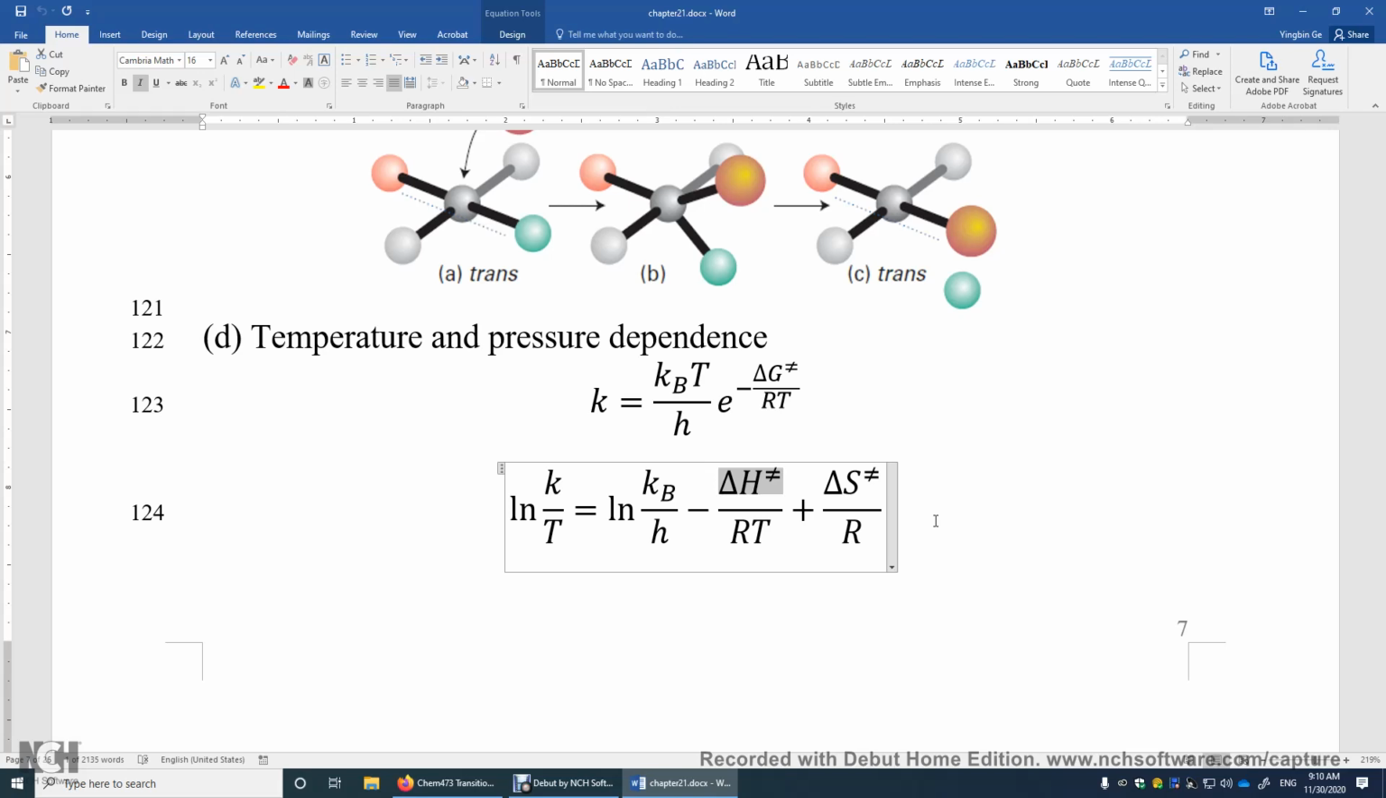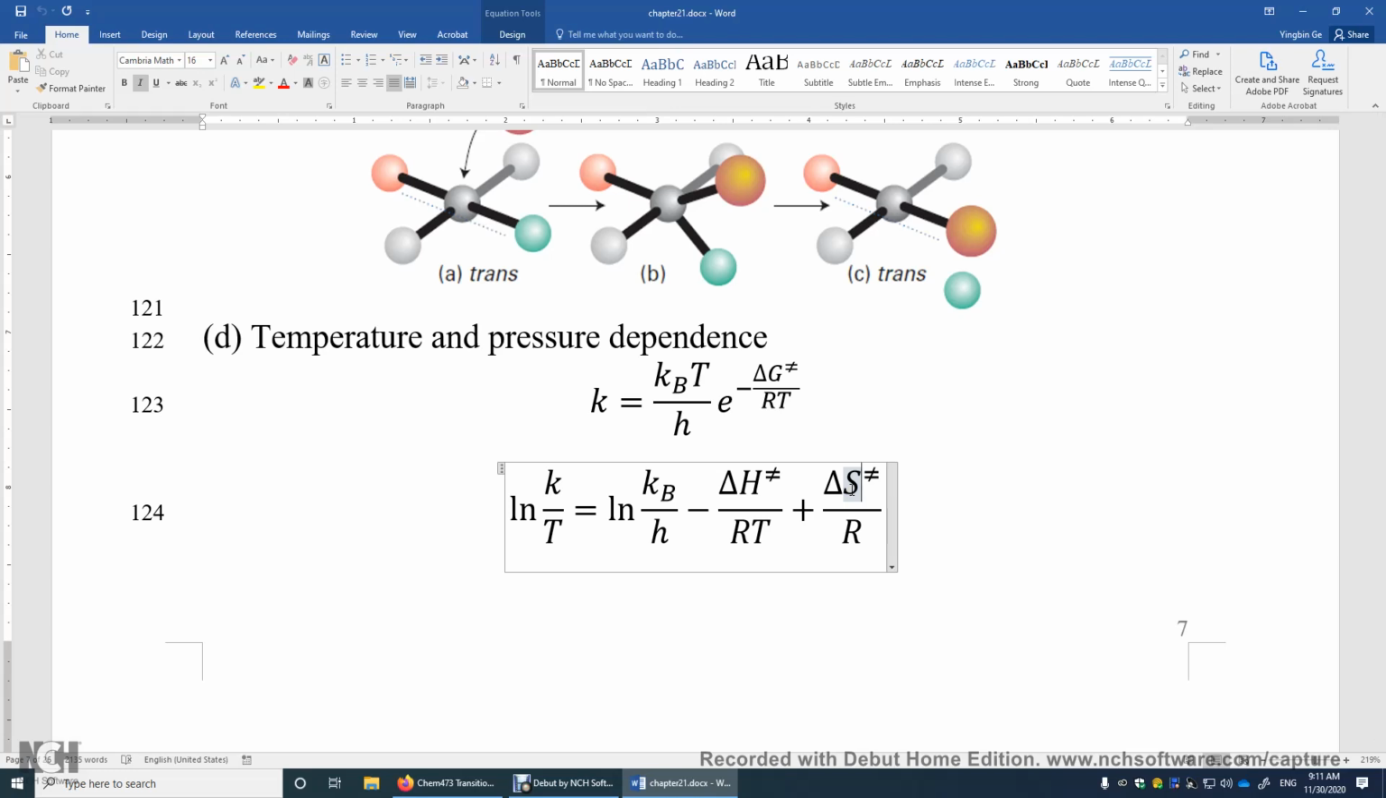So that's why we can assume delta H double dagger is a constant. Delta S double dagger also depends on temperature. The dependence is actually delta Cp double dagger over T. So delta S double dagger at temperature 2 minus delta S double dagger at temperature 1 is equal to the integral of delta Cp double dagger over T times dT from temperature 1 to